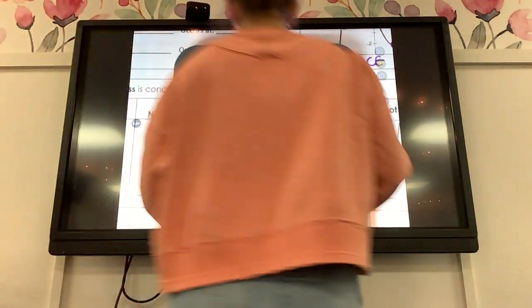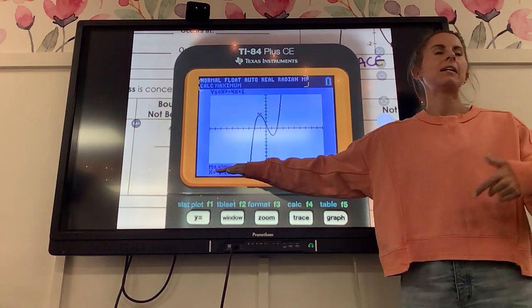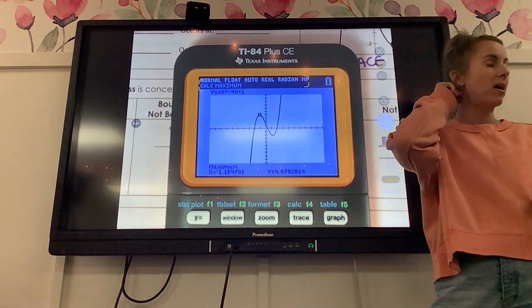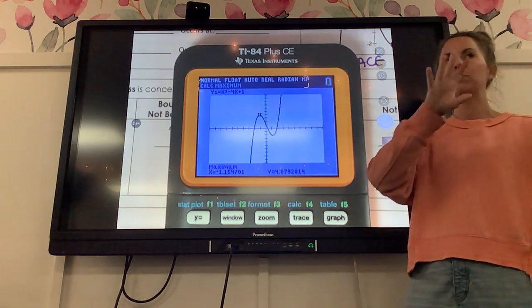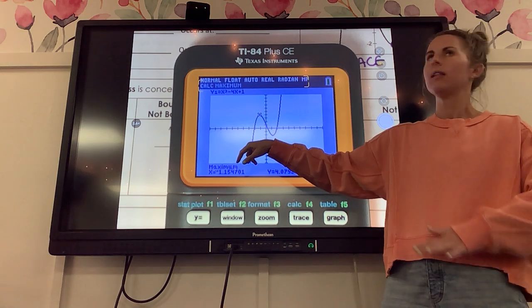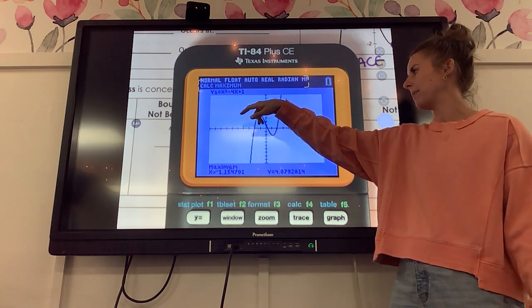Some ways that you can check yourself: it should say what you're finding down here at the bottom. If it says minimum and you're trying to find a maximum, you know you hit the wrong button. Also, your little spider should pop up to the point you're finding. If your spider is popping up down here, that is also not right. It should pop up there on the maximum. So my maximum point,